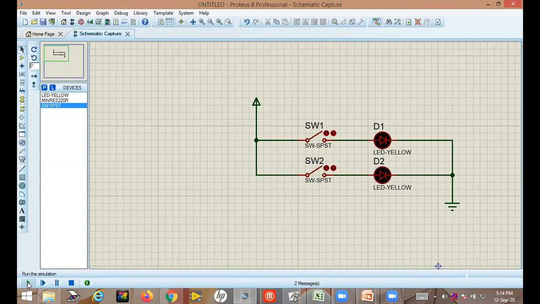See, now both the switches are off. This switch on, this switch on, this switch off, so it is off. Now, is everyone clear? How easy it is to design a circuit here and see the result by running the simulation. Okay, let's stop the simulation and I will make some space here to connect my resistor.